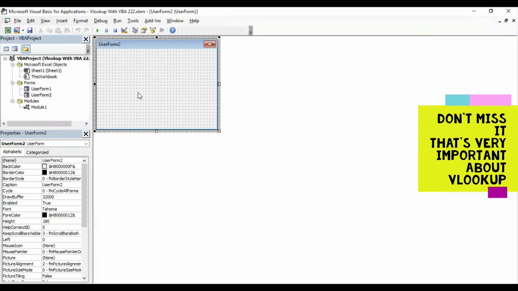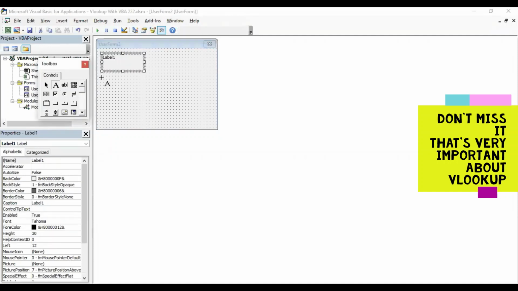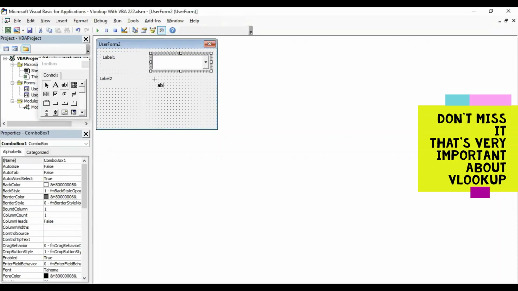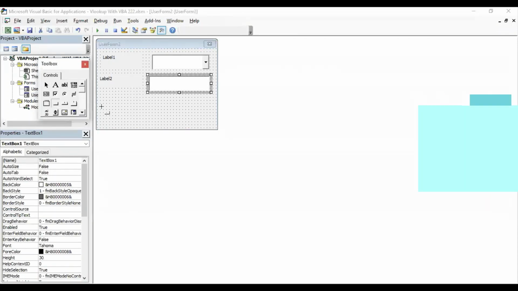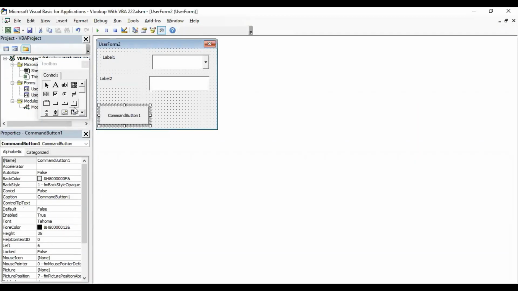So keep watching. And now we are going to create a VLOOKUP for the combo box. We need to add the labels, Label 1, Label 2, and then we need to add the combo box. A combo box is very different from a text box, but it's a very simple formula we will use here, and we just need to make some changes in it.